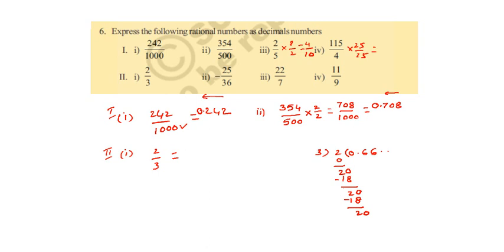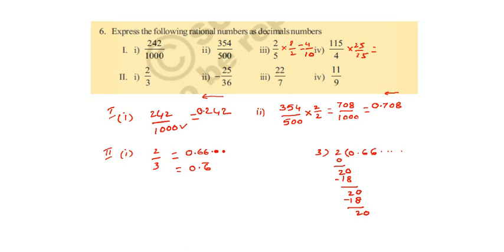That means the division is not completed here. In the quotient part, you may observe the same number 6 is repeated. So this is called a non-terminating recurring decimal. This may be represented like this, 0.66 etc. Now 0.6 bar. The number which is repeated, you may write a single time and you put a bar on the top of that digit. So 2 by 3 is equal to 0.6 bar. That means this is a non-terminating recurring decimal.